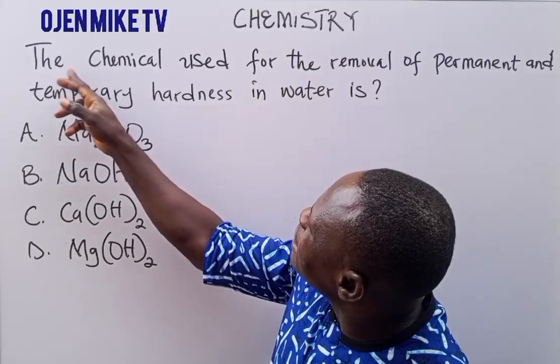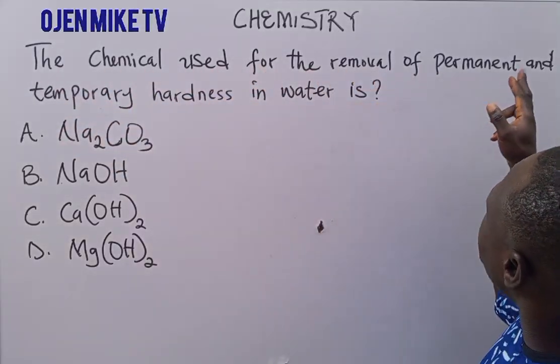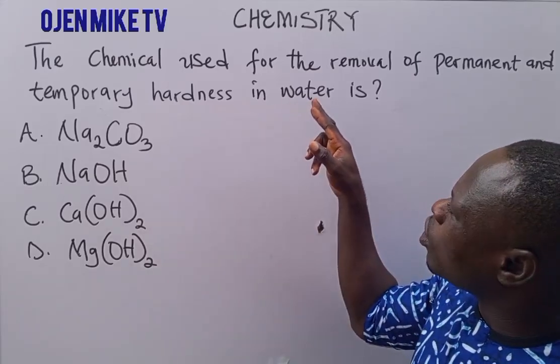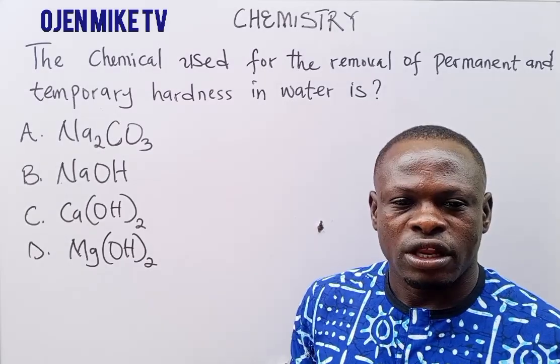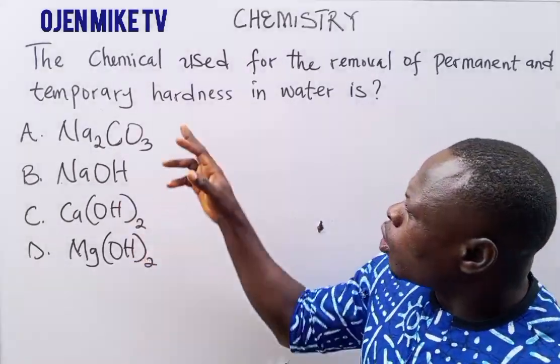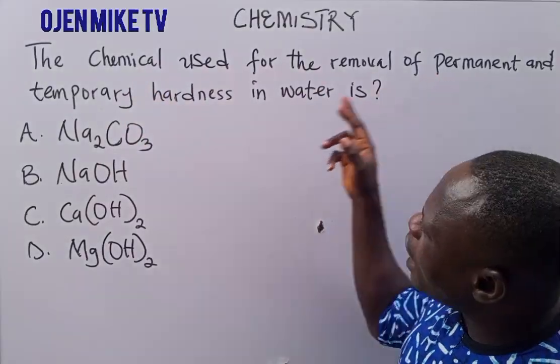This question asks: the chemical used for the removal of permanent and temporary hardness in water is what? We are given a range of options here. Now, before I go to the answer, what do you understand by temporary and permanent hardness